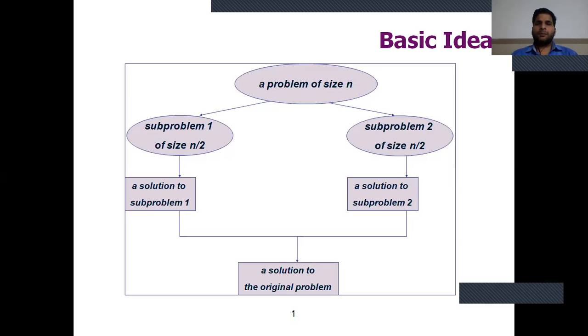Today the topic is the divide and conquer approach. The basic idea of the divide and conquer approach we already discussed in unit first, with merge sort and quick sort. In unit third, the divide and conquer approach is solved with the help of convex hull, matrix, Strassen's matrix multiplication, and binary search.